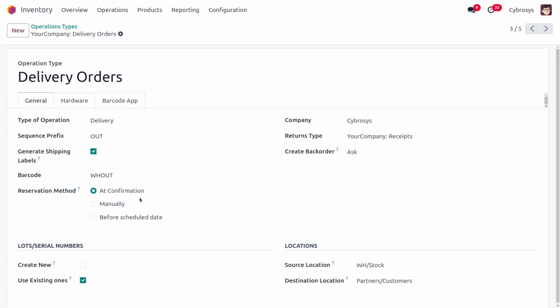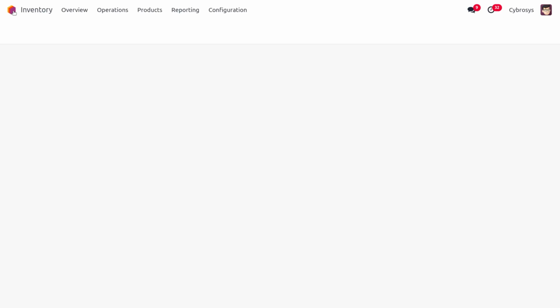If the stock is available for all products, the system will automatically reserve the required quantity of each product for this specific sale order. This ensures that all ordered items are not sold to other customers before this order is fulfilled. Now, if the system finds that the item is insufficient in stock, then it will not reserve any stock and will likely display a warning or error message, such as a shortage of items. Now let's move on to the Sales module to work with this.